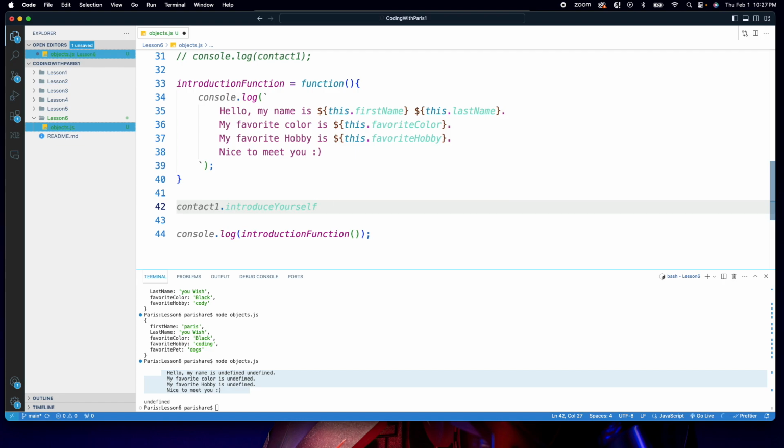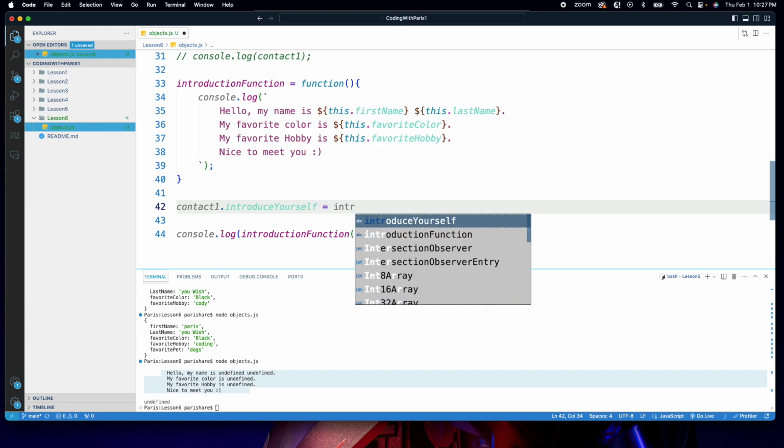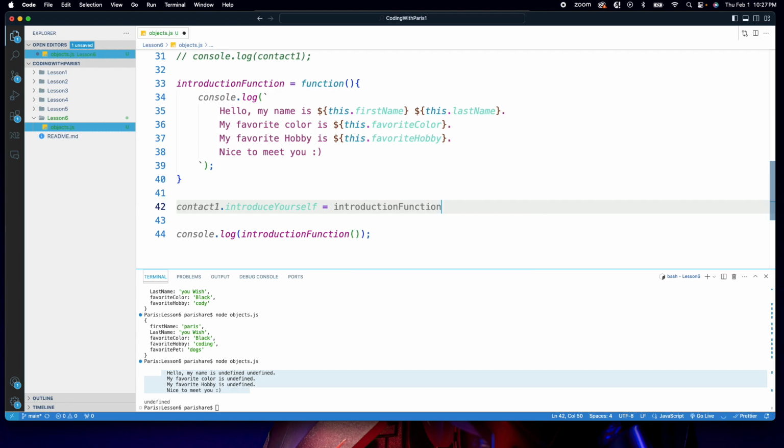And remember, I am not calling the function. This time I'm going to be setting that function to a variable that I created called introduction function up above. Okay, so I'm not running it, I'm just setting it to this. Now, instead of calling introduction function, for our notes, I'll move this up above, and we'll just put some notes here that this should print